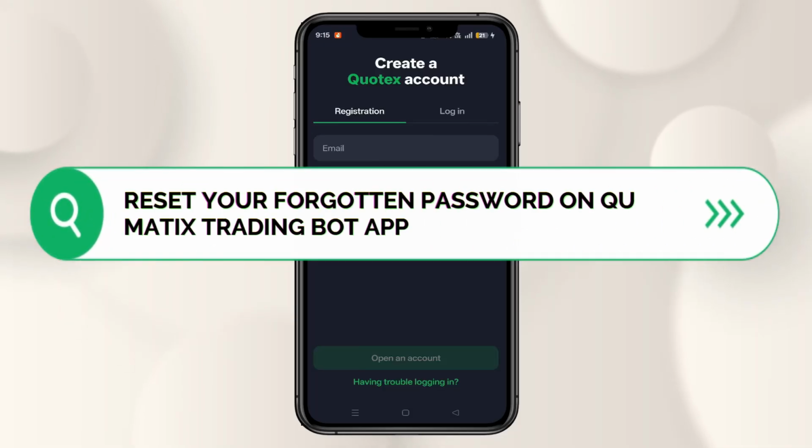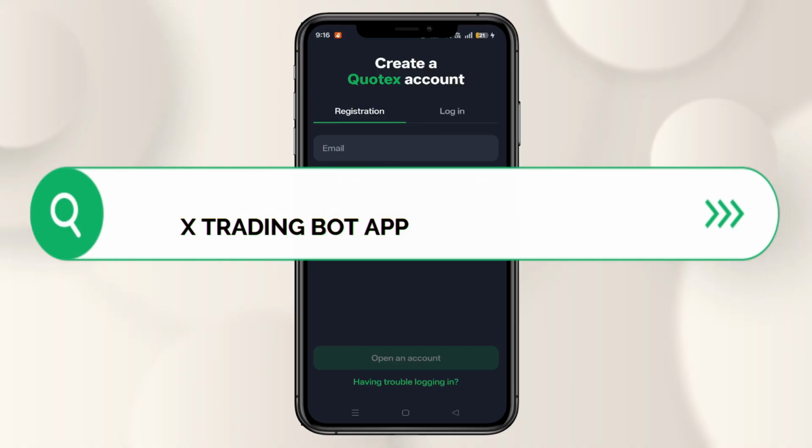In this video, I'm going to show you how you can reset your forgotten password on the QUMATIX Trading